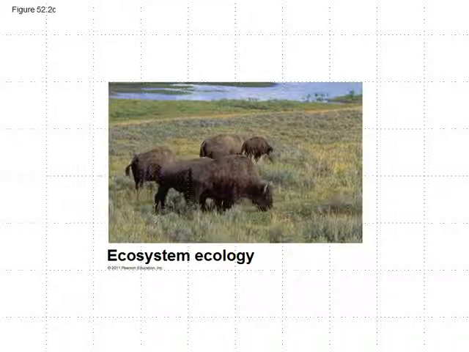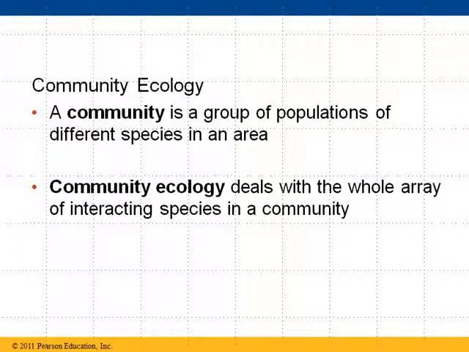of Nebraska. One step down from that, we talk about a community. A community is just the living portions of one particular area, a group of populations. So again, if we were going to look at, say, the East Texas pine forest ecosystem, we would only be talking about the living portions of that East Texas pine forest. If we're talking about a community, we're only going to talk about the grasshoppers and the bunny rabbits and the pine trees and the rabbits. We're not really going to take into account all of the abiotic factors. So community deals with only the biotic creatures, the populations of different creatures that live there.